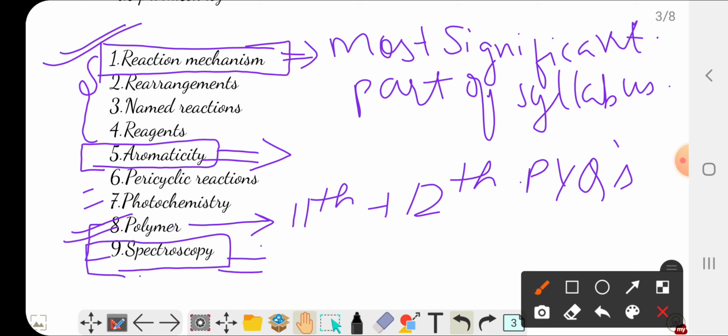Here's spectroscopy. Why I have put it last is because sometimes the question appears in a form where they have given you a reaction, and first of all you have to write the reaction mechanism, or they have given you a reaction and its product and you have to predict which one will be the product. Until you know which reaction is taking place, how will you predict that this product will have this NMR, this IR spectroscopy, or this? So that's why I have put this chapter 9 in the later stages.